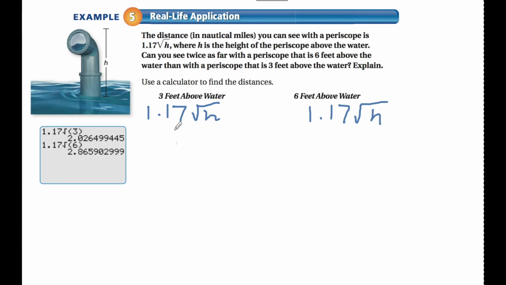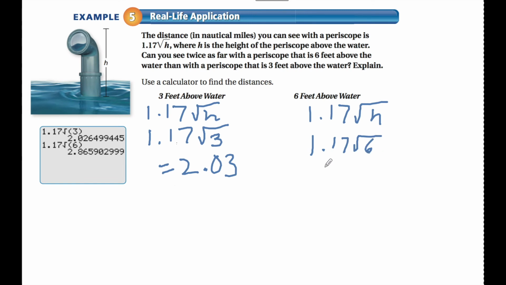Now we'll start with 3 feet above water. So 1.17, our height would be 3. Now they want us to use a calculator to simplify this. So I went ahead right over here. 1.17 times the square root of 3 is equal to 2.0, we'll round that to 2.03. Next, we need to do the same thing for 6 feet above water. So you plug in 6 for your height. So 1.17 times the square root of 6. That's going to give us